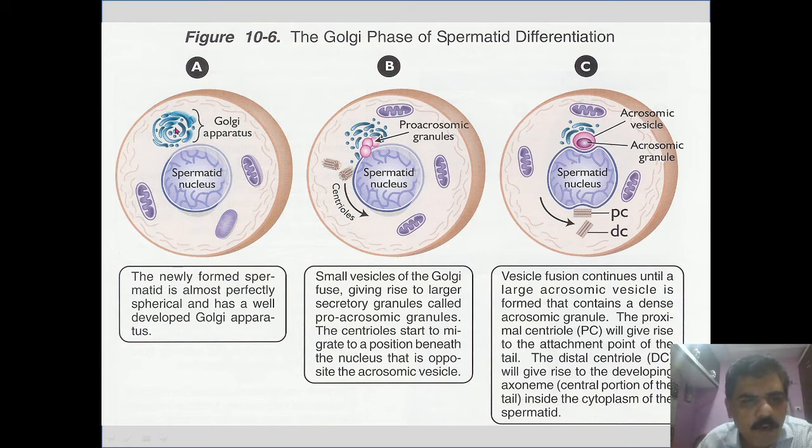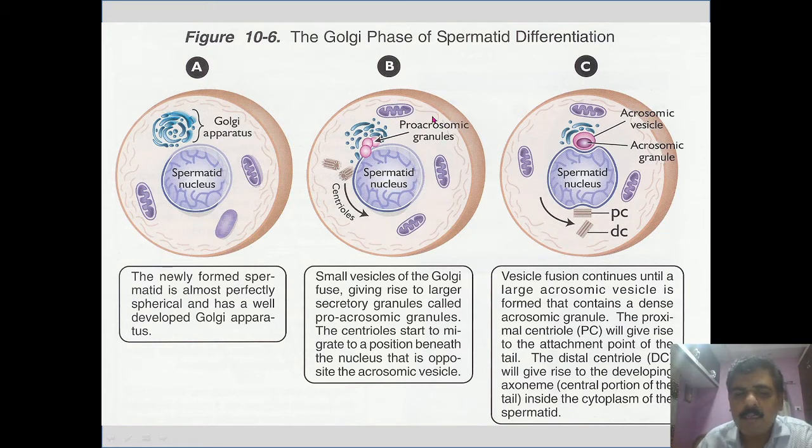This is the spermatid proper, and this is the nucleus of the spermatid. These are the Golgi bodies. These are the mitochondria. The newly formed spermatid is almost perfectly spherical and has a well-developed Golgi apparatus. What happens to this Golgi apparatus? The small vesicles present in the Golgi body start to fuse, giving rise to larger secretory granules, and these are called